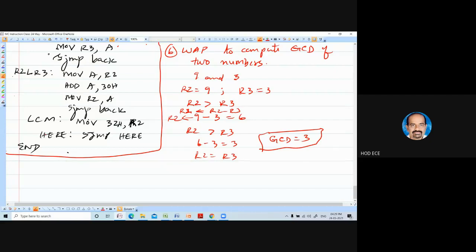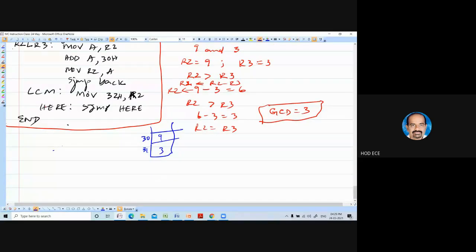So now let us write the program. Memory locations 30 and 31 are containing 9 and 3. So move R2, 30. Move R3, 31H.